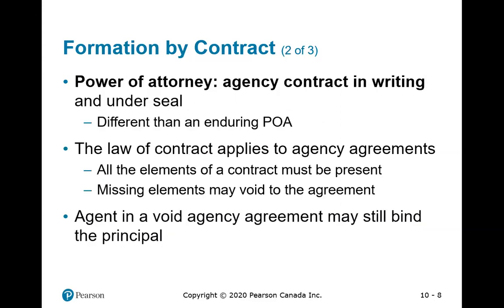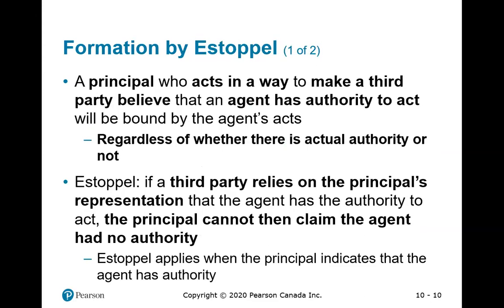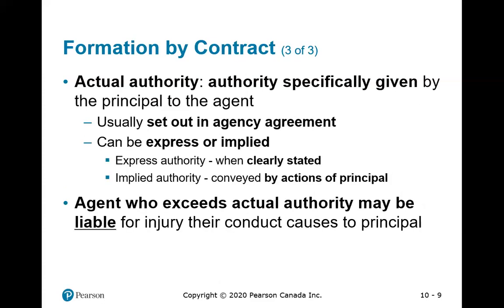Power of attorney is this agency contract in writing. So power of attorney is when the lawyer represents you, when the accountant represents you or the company, when a person represents another. Well, I can represent you, you can represent me if I give you authority. So authority may be actual or may be apparent. Actual authority is the one that is in the agreement. The agreement may be verbal or in writing, but that's the actual authority.